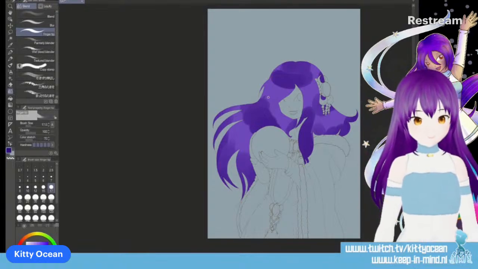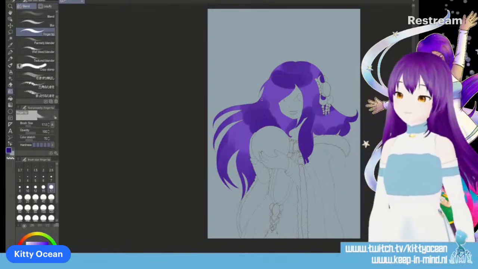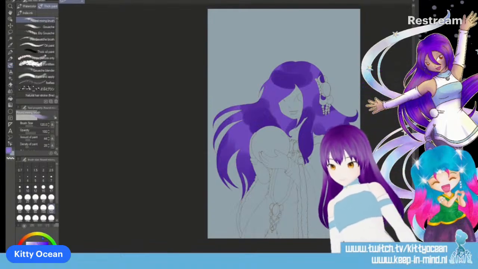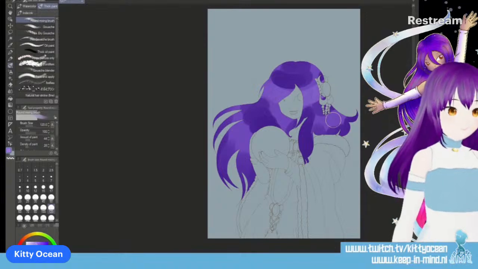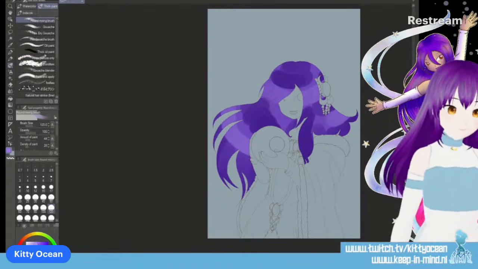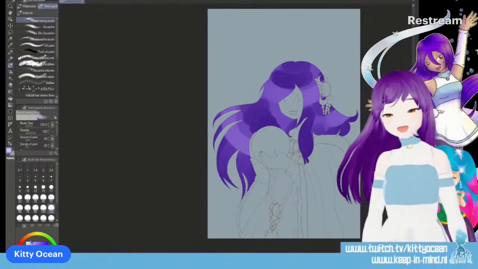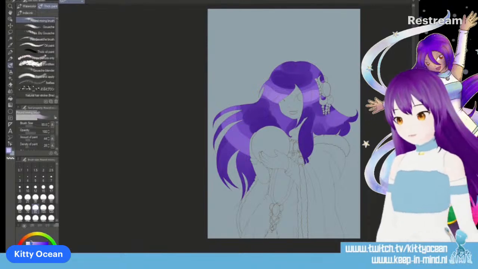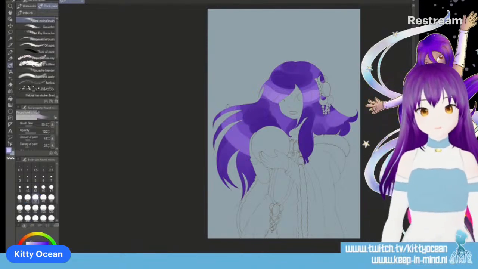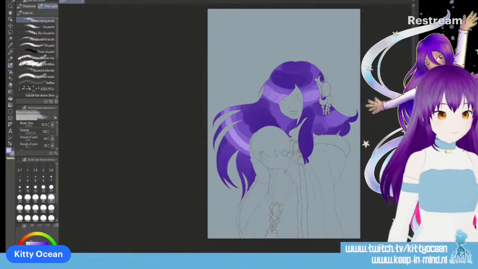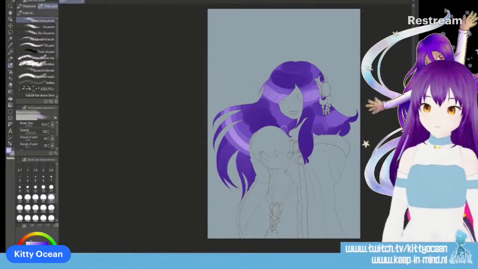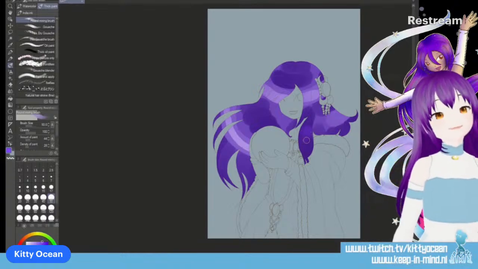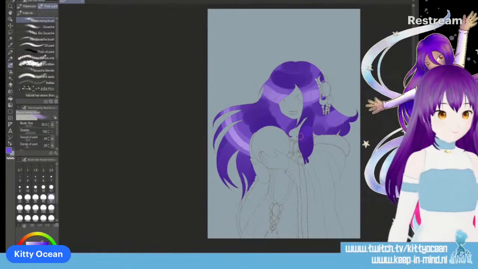I think I need the fingertip. Yeah, I need the fingertip. Nice. So I need that. But first I need to add some colors and highlights. And it's okay if there's a bit of difference in color because hair is not one color.